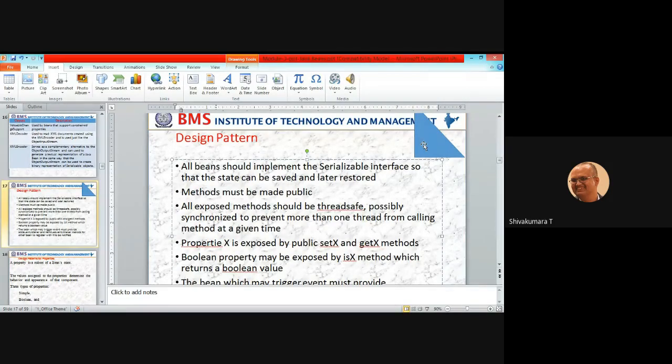So this usage is entirely different from that usage. To make it so, all the public methods should be thread safe, possibly synchronized, to prevent more than one thread from calling a method at a given time.